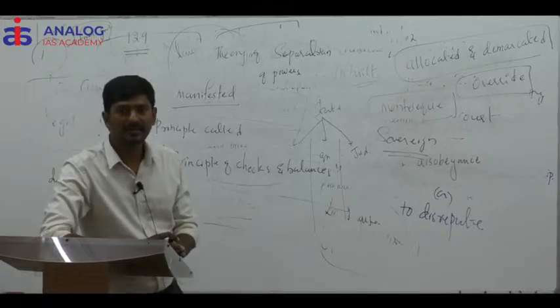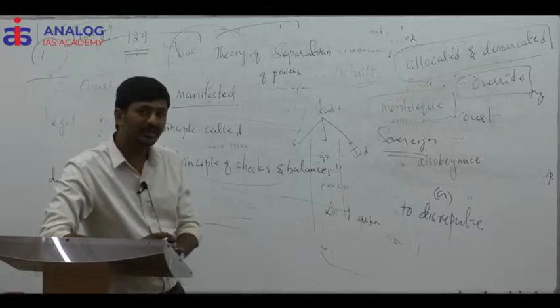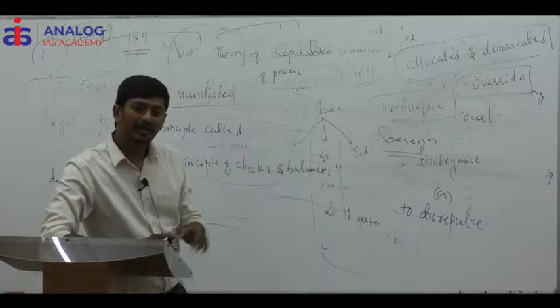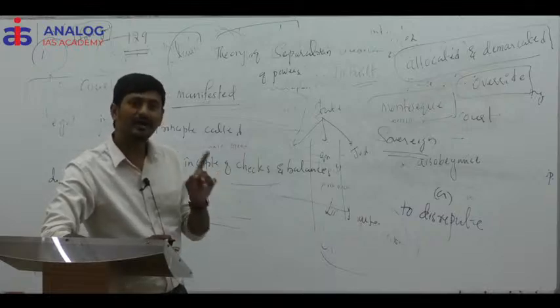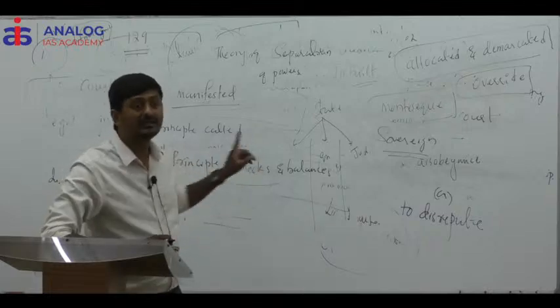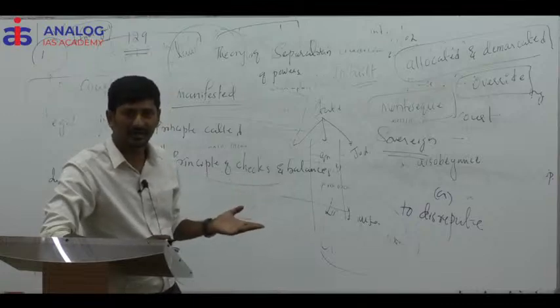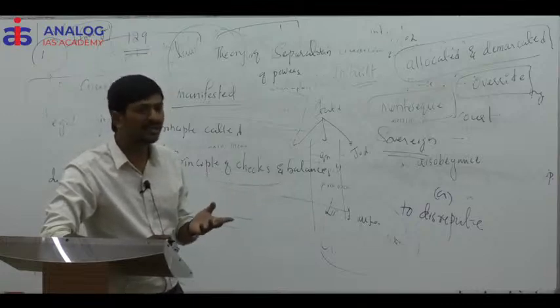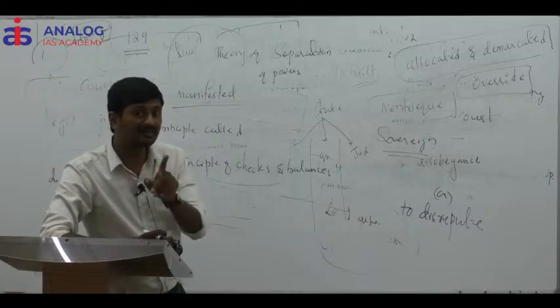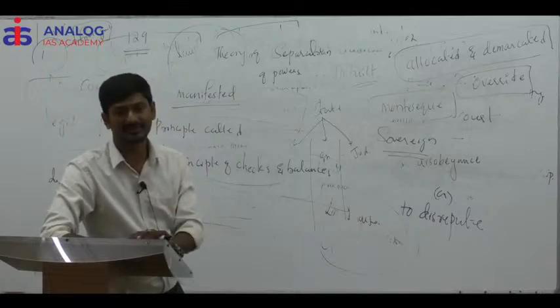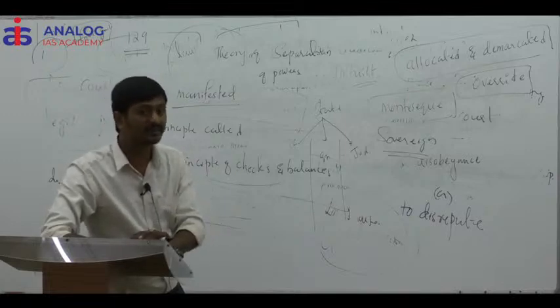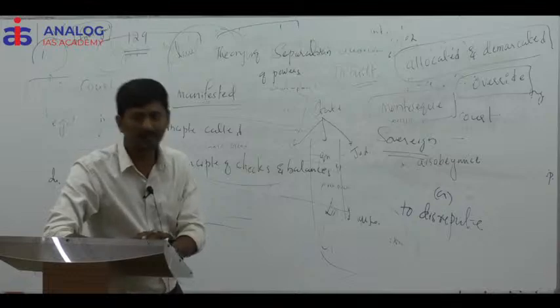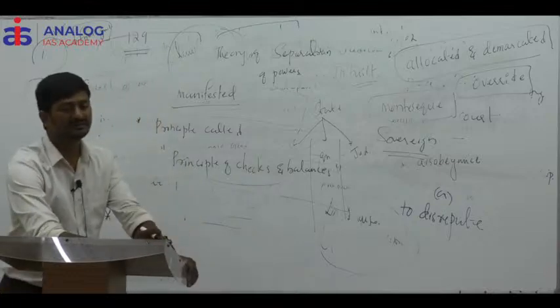Checks and balances. What is the meaning of principle of checks and balances? Yes, if one organ violates the constitution, another organ comes at the rescue of the constitution. అంటే ఒక ఏజెన్సీ రాజ్యాంగాన్ని ఉల్లంఘిస్తే మరొక ఏజెన్సీ ఏం చేస్తుంది? ఆ వింగ్ చేసిన తప్పుని ఏం చేస్తుంది? సరిదిద్దుతుంది. దీన్ని ఏమంటున్నాం? ప్రిన్సిపల్ ఆఫ్ చెక్స్ అండ్ బ్యాలెన్సెస్. ఓకే, రైట్ డౌన్. It means